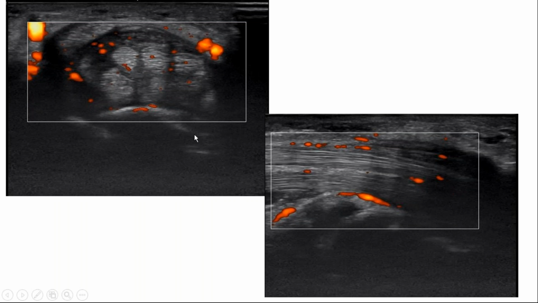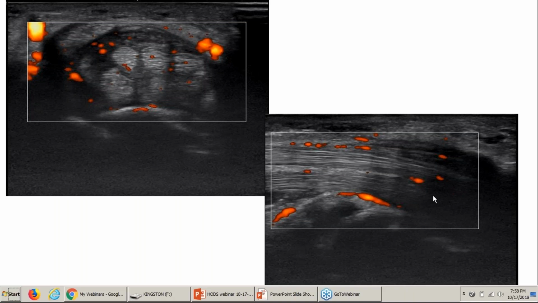So look at the color Doppler image of this area here, because this patient had difficulty with gripping activities, pain with finger flexion and extension, and diffuse pain around the wrist and fingers, and difficulty with anything to do with the hand. When you use color Doppler, there's a lot of motion artifact. In the beginning, especially when you are getting used to this mode, you have to stop breathing for those few seconds, because if you move too much or the patient is talking, you get motion artifact. We don't want motion artifact. We want